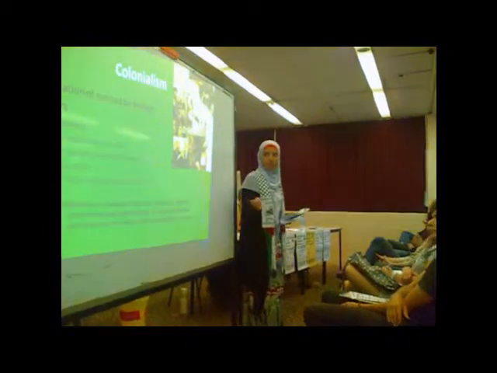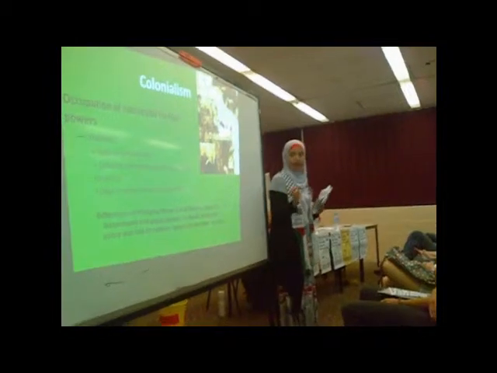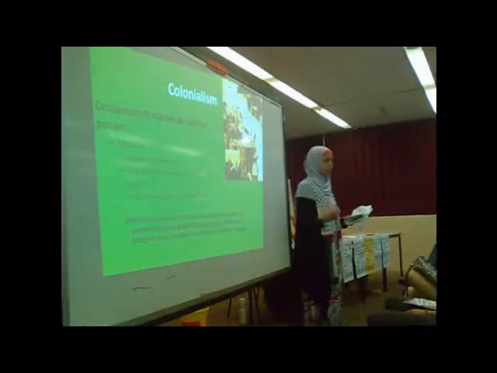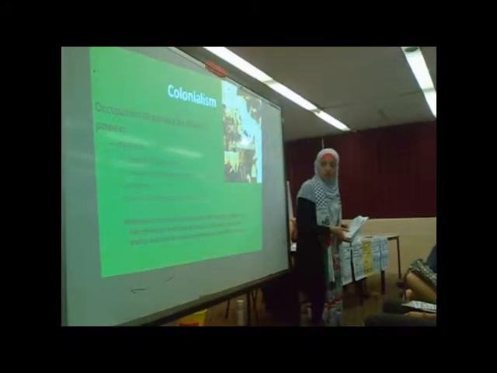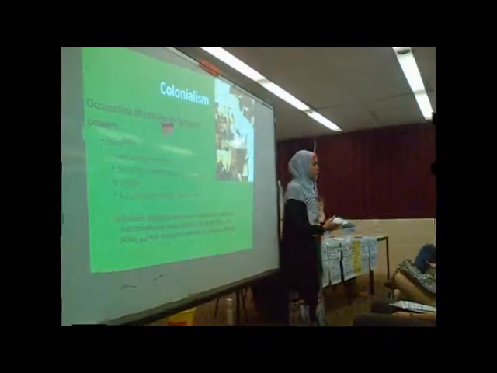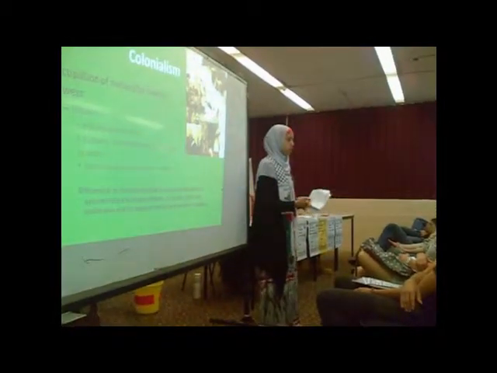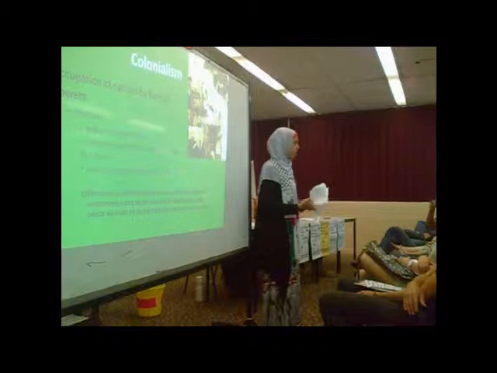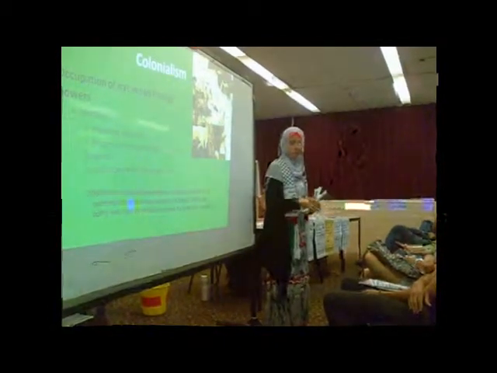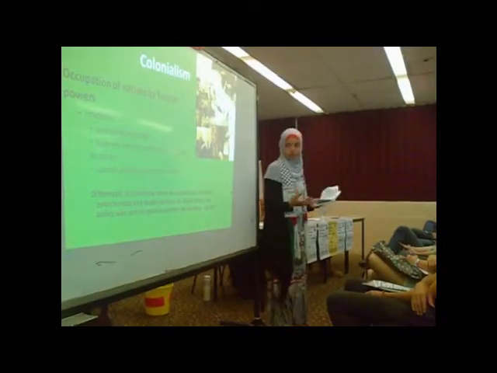So to start off with colonialism, I've explained it as occupation of natives by some foreign power. It involves exploiting the resources of the land and exploiting the people who live there. It involves systemic interference and disruption to the norms that the people are used to. So it involves trying to impose an identity on the people, a different way of life, a different way of working, a different education system, a different religion. And it also involves imposing laws that try to preserve the state.